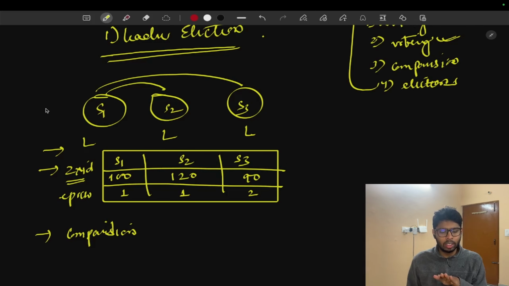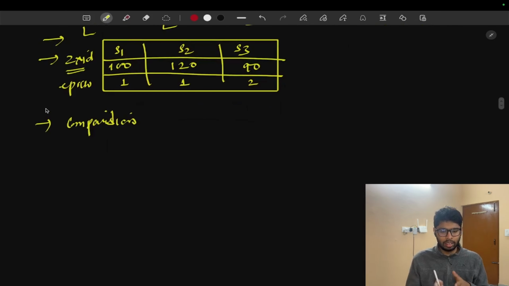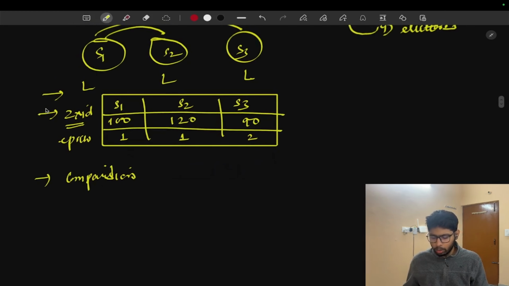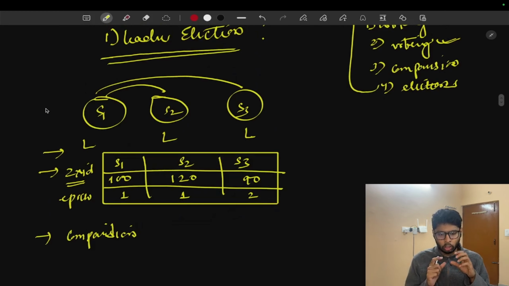Server 2 will send this data to server 1 saying my ID is 120 and epoch 1, and server 3 will do the same. Now everyone has the data, and the comparison will happen to see who has the biggest ZXID and who has the biggest epoch time.